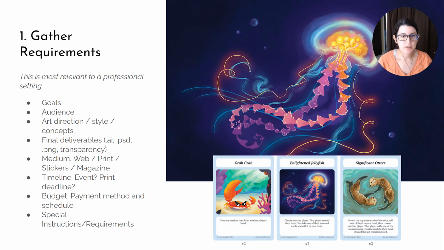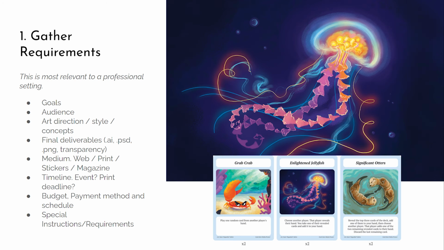This is especially important if you're doing any sort of commission work. In this example I'm showing here, I was commissioned to do a series of illustrations for a card game called Gosh Darn Bubbles. So for this project, I needed to know what the requirements were. How is the art going to be appearing? Is it going to be appearing in print? Is it going to be appearing online? Because that's going to impact how the colors are going to be displayed when it's printed. There's a lot less colors that can be used in a printing process versus if it's going to be appearing in a digital medium, such as on a blog or on a website.